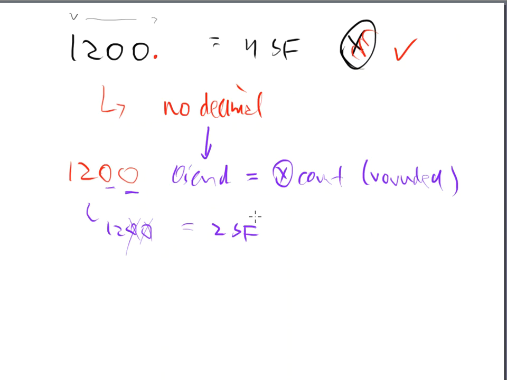Otherwise, it's a very simple set of rules that say first non-zero digit, that one counts, and then everything else that comes along will count. Unless there is no decimal, and if there's no decimal on the number, then we got a problem, maybe. And any ending zero, we do not count. All right, so